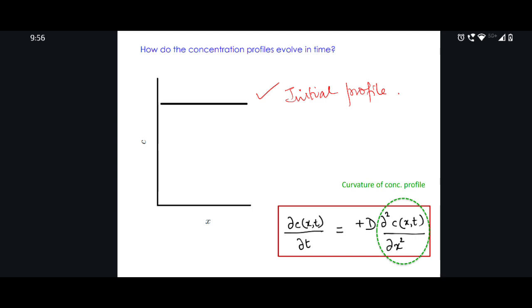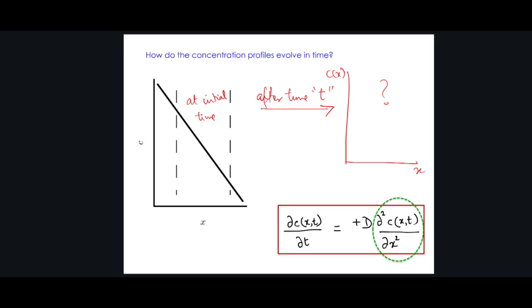Let's say I have this kind of a profile where I have a high concentration of my favorite perfume here and it goes down. How will the concentration profile change in time? What is del squared C del X squared here? That is also 0. Okay? So del C del T will not change much in time, but if you have another scenario,